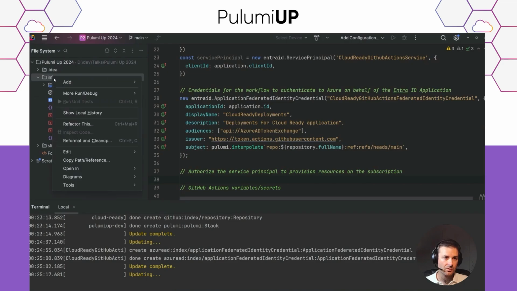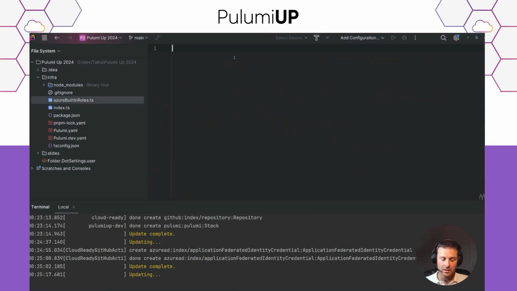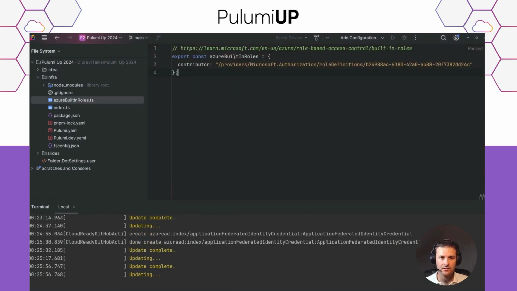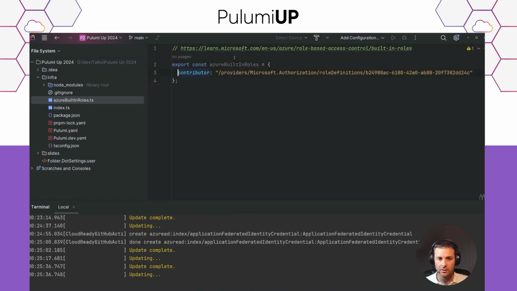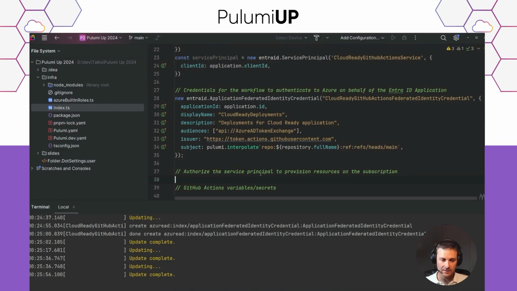For the contributor role, what I like to do is to create a new file, call it Azure built-in roles, and in that file, we can just define the role we need. Here, the contributor role, with the corresponding GUID, the corresponding string to this role. These Azure built-in roles don't change, so I just define them as a const here that I can then use directly there.